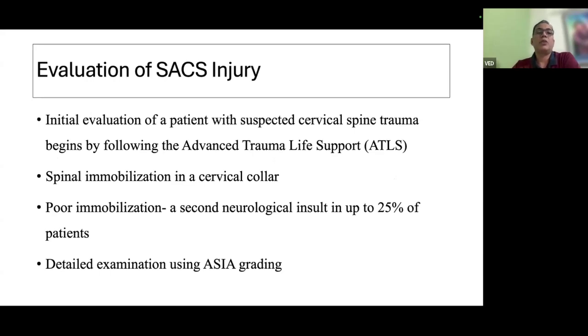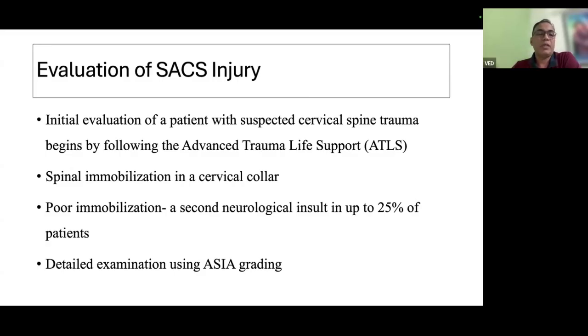Just quickly touching on the evaluation, how to evaluate a patient with subaxial cervical spine injury. Initial evaluation in any suspected cervical spine trauma should be managed by the protocols or guidelines of advanced trauma life support, where every healthcare provider speaks a common language, that is A, B, C, D, E, so that subaxial cervical spine injury, or for that matter any spinal injury, should not be overlooked in view of other injuries. Neither should it be overestimated while ignoring the other injuries. It should be optimally addressed, and if we follow the common language, it will never be missed.